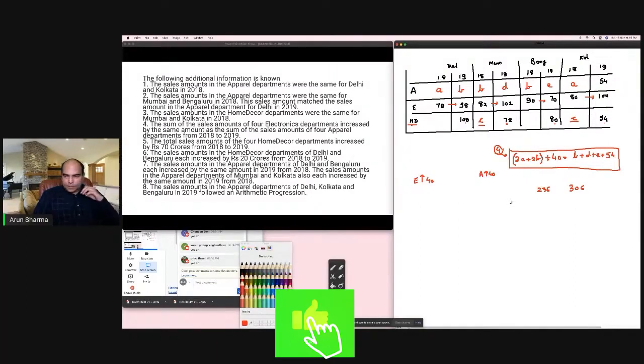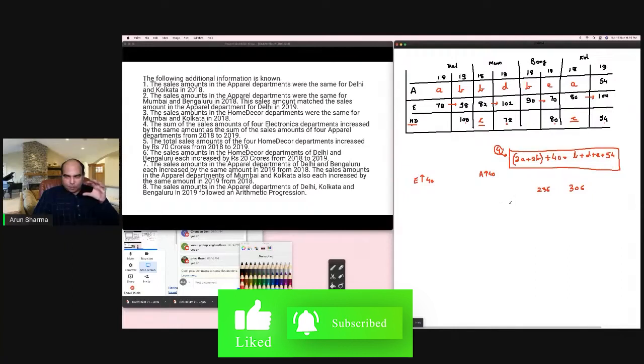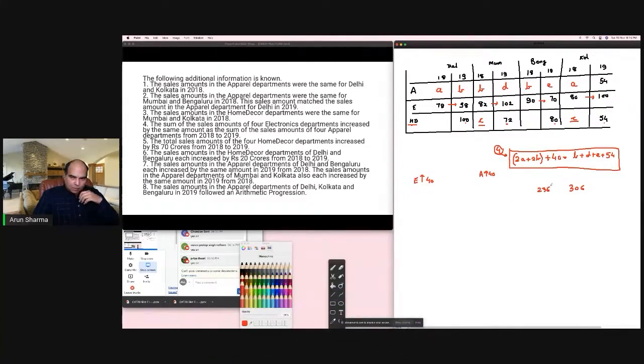12 marks पे 85% आ गया था लोगों को DILR में. इतना मुश्किल लोगों को लगा था. So please remember, you have to take very good care of the sheet you're using. So 236 is the value of the home decor department in 2018,